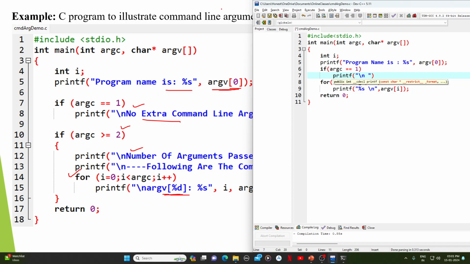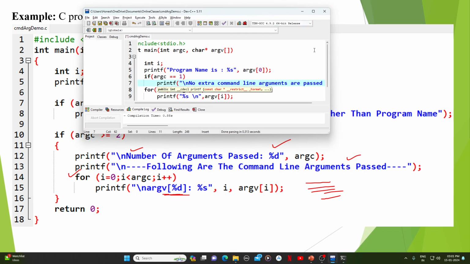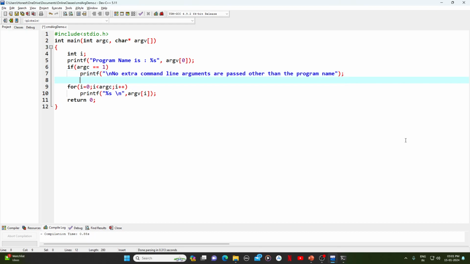No extra command line arguments are passed other than the program name. So as it is inside the if, if the argument count is exactly 1, you will see only this message. And if argument count is greater than or equal to 2, then we need to